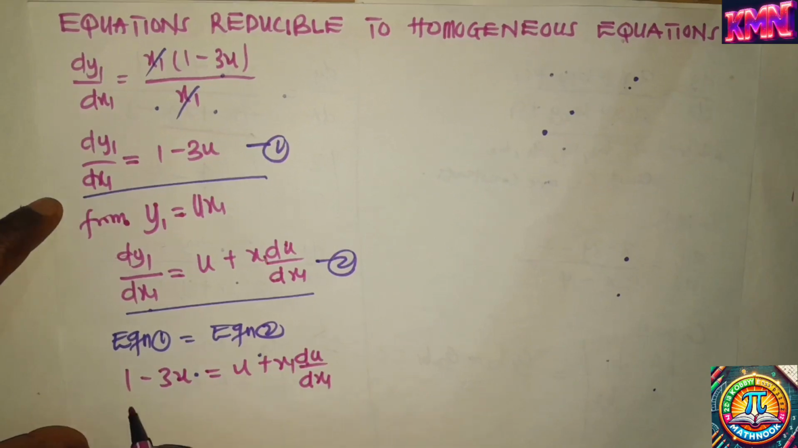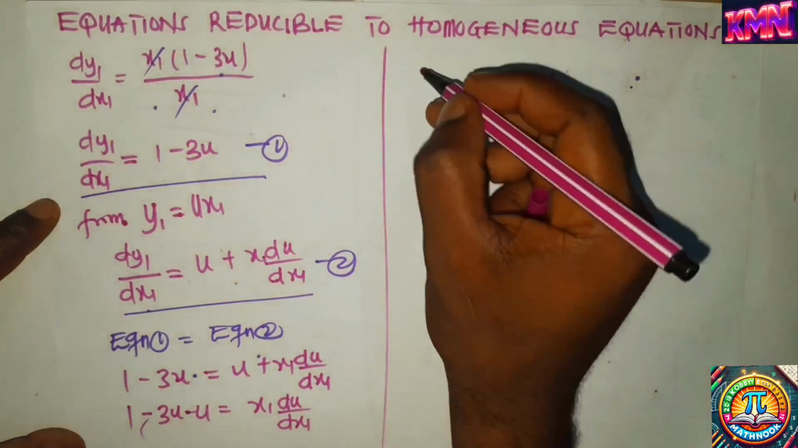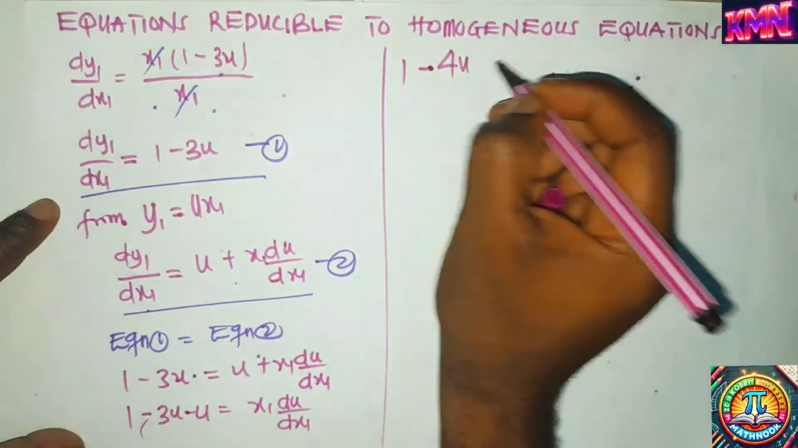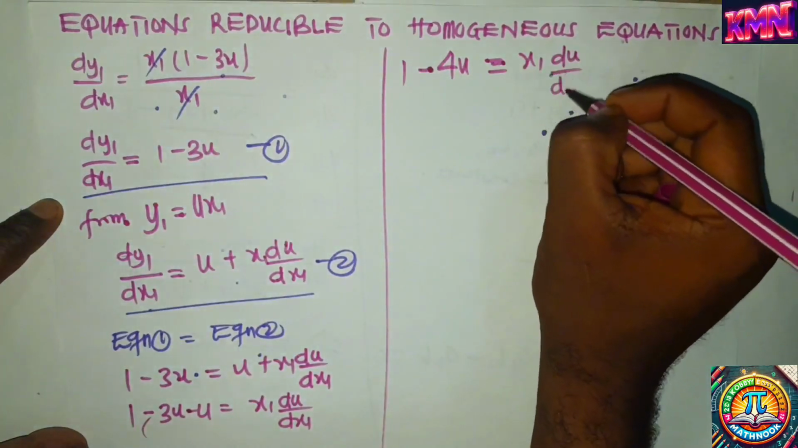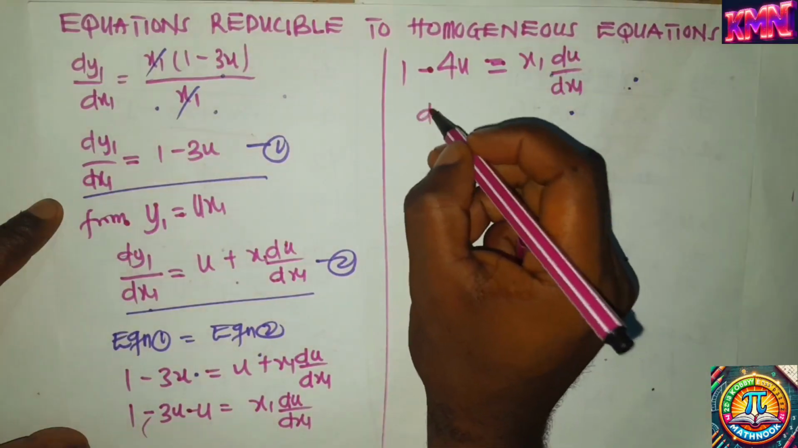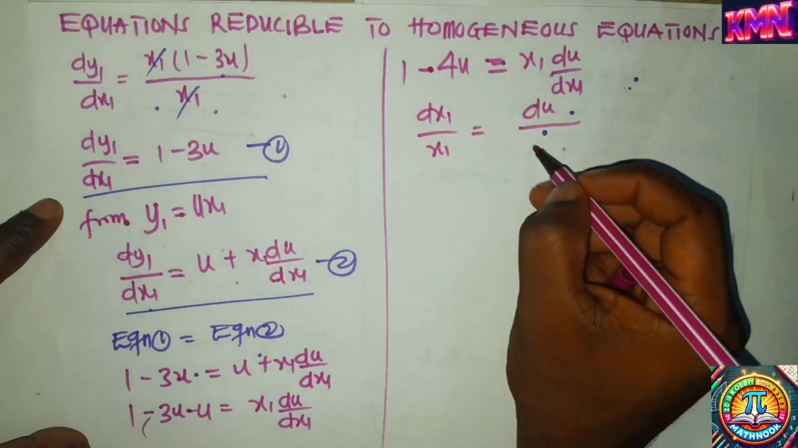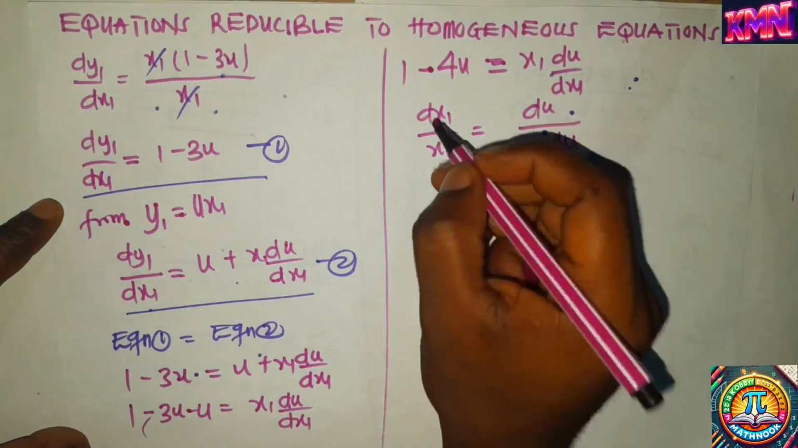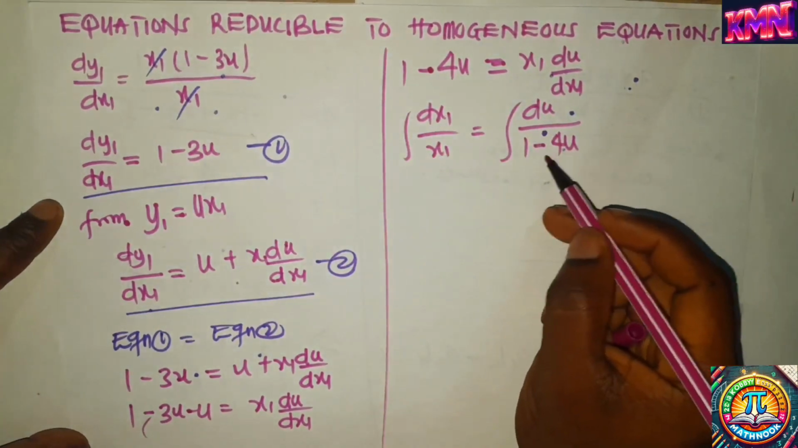Let's move this to this side. We are getting 1 minus 3u minus u equals x1 du/dx1. And then when you simplify this side, that gives us 1 minus 4u equals x1 du/dx1. Separating the variables, dx1 on x1 equals du on 1 minus 4u, so the u also becomes the denominator. We can integrate. When we integrate this, we are going to get ln x1. Then also when we integrate this part, we should take